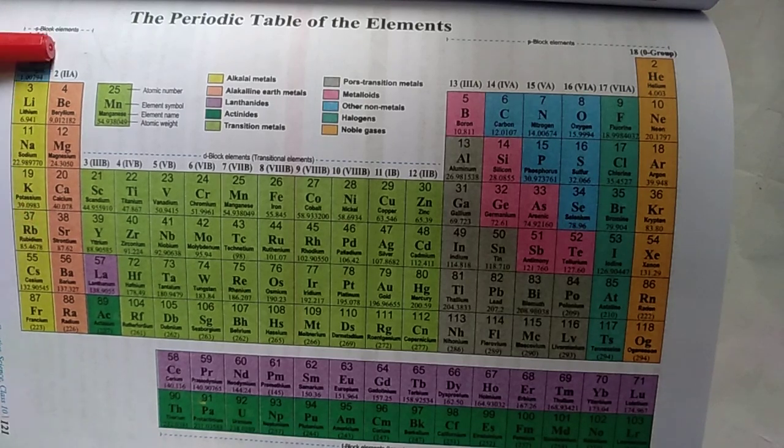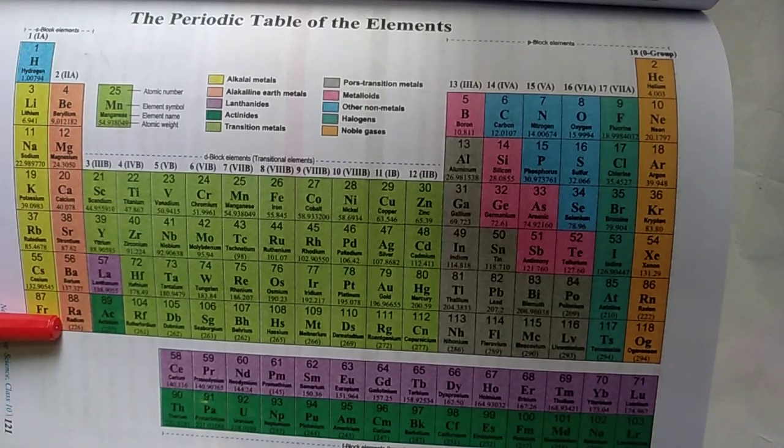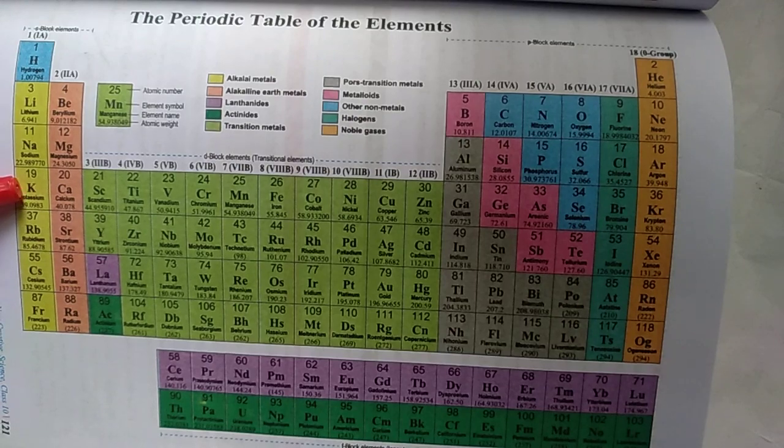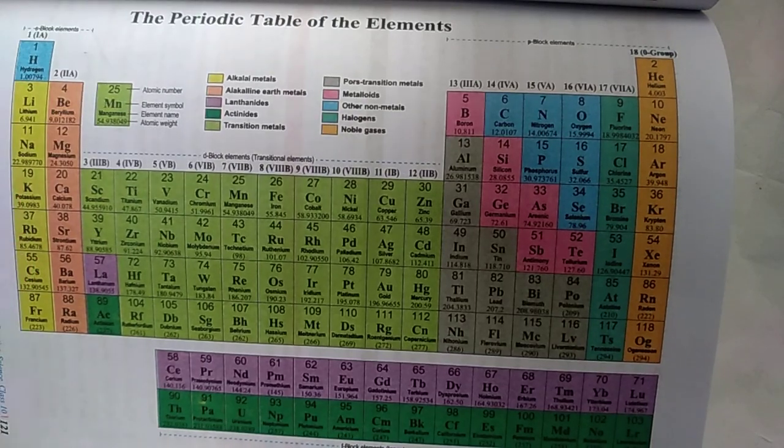As you move down from top to bottom, atomic size increases, and due to this potassium is most reactive because it has the largest atomic size among these three. Okay, for metals, the larger the atomic size, the easier it is to lose the electron. Okay, so among lithium, sodium, potassium, potassium is most reactive because it has the largest atomic size compared